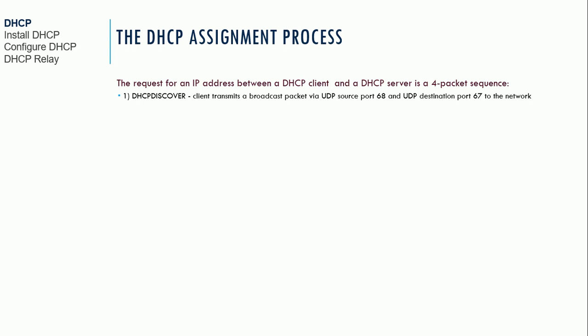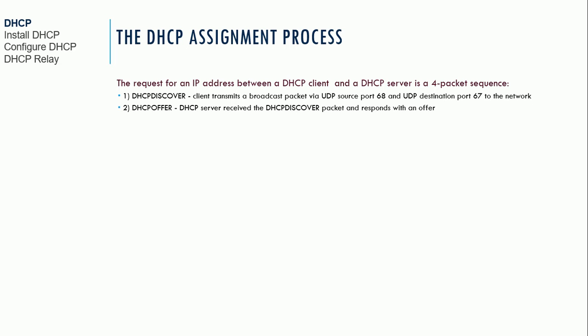First, the client sends a DHCP discover message to the DHCP server using UDP port 68. So it's a broadcast on UDP port 68. And it's also going to listen on port 67 for any responses that come back as a broadcast. So it's going to send a broadcast message out on port 68, and that's the DHCP discover, and it's going to bind to UDP port 67,